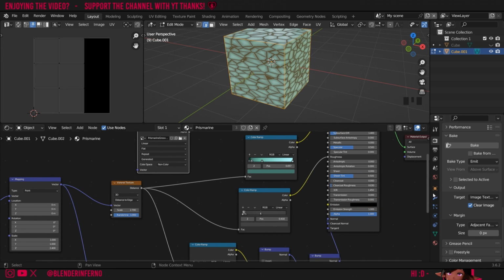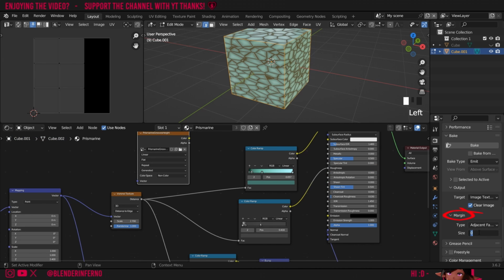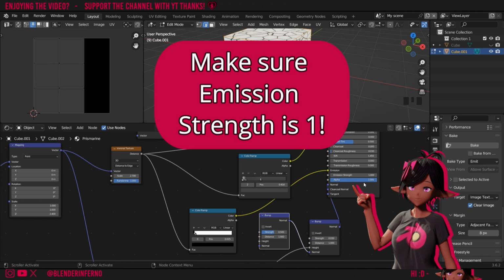We're doing this since there isn't a specific channel to access the height. Then I'm going to set my margin to 8 pixels. Now in order to bake our height map, I'm going to plug my grooves, which is the first bump node. I'm going to plug this height input into the emission. Of course, this is going to kind of ruin our shader, but this is only temporary for the purpose of